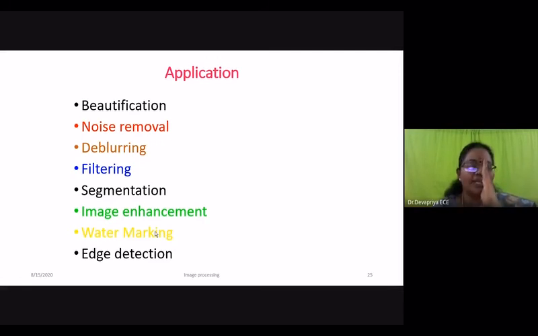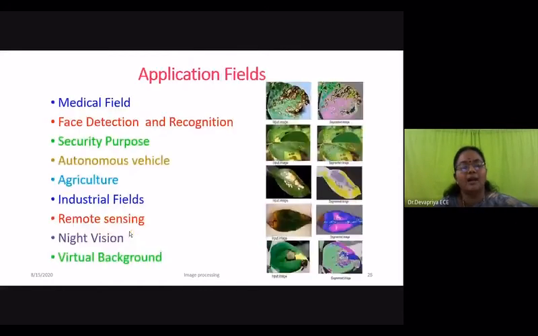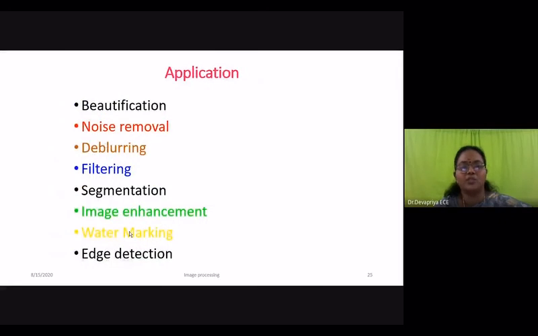If you make it a diagonal matrix with 1 1 1 and the remaining are 0, then in an input image where all kinds of lines are available, only the diagonal lines will be derived as output. So this edge detection is very important when you do applications or projects in image processing.